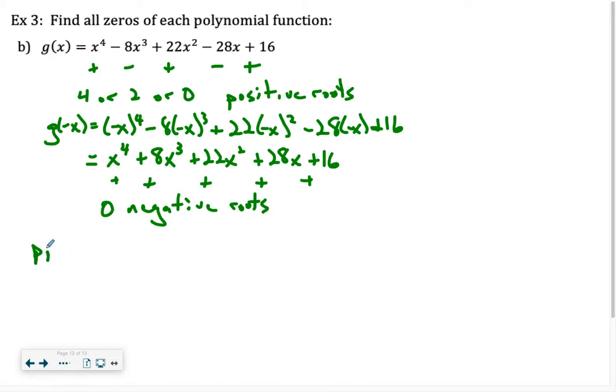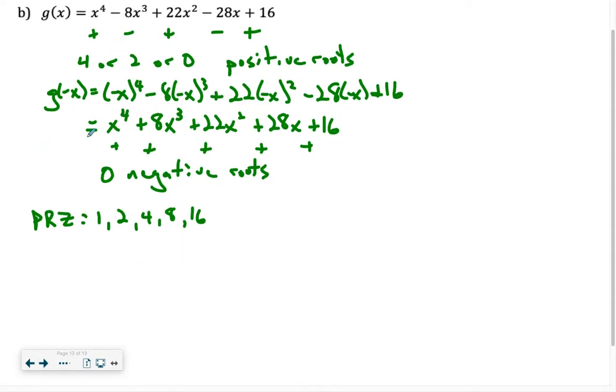For my possible rational zeros then, that actually means I can exclude all negative values. I don't have to write the plus or minus for this problem. So my possible roots are just all the factors of 16 over 1. So that would be 1 and 16, 2 and 8, and 4 and 4. So these are the only possibilities for the possible rational roots. So let's start by plugging in 1. So listing out my coefficients,